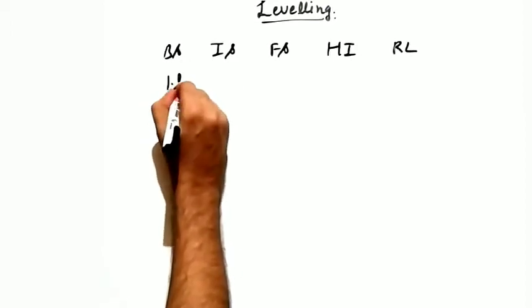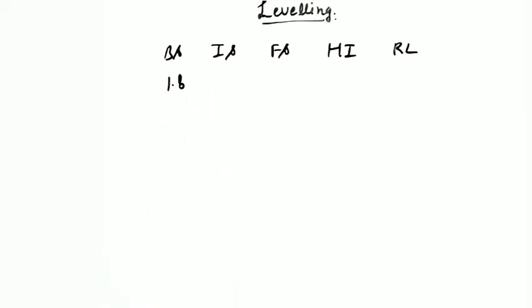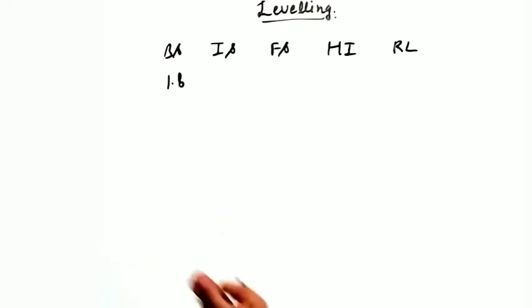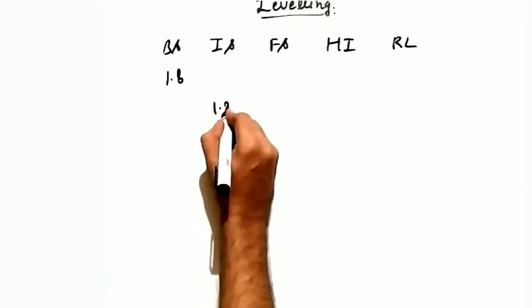Yes, it is 1.8 meters. Then you will take a few intermediate side readings. I am not writing the data for the diagram that I made, but instead I am choosing some arbitrary data. Suppose you did not change the station, so you took a few intermediate side readings. They are 1.2 meters. Just look at how I am filling the table.